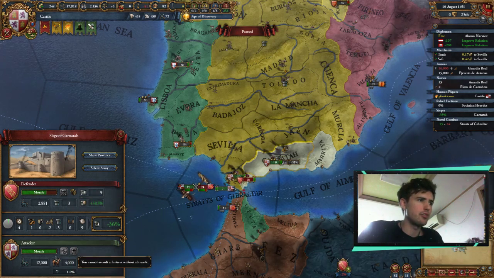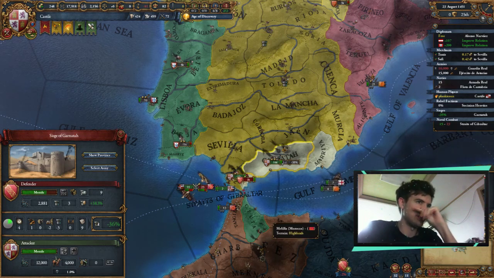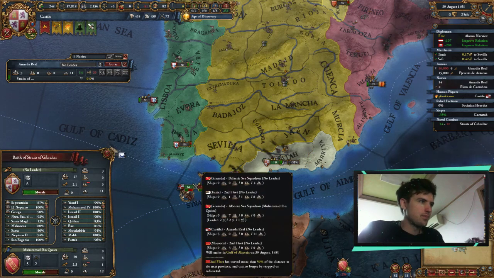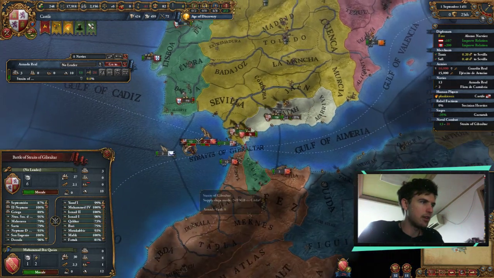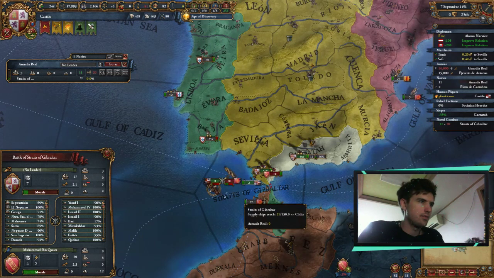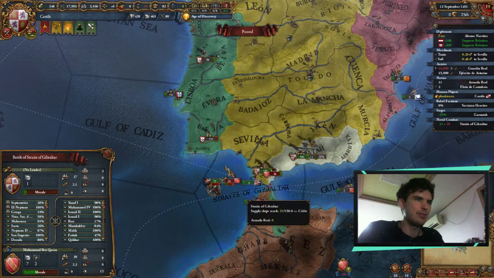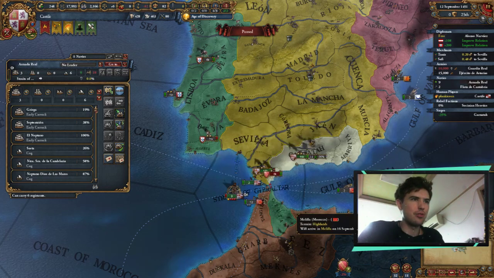There are also some buttons over here, like if you want to assault, if you get a wall breach, then you can do that. Oh gosh. Okay, our heavy ships are still doing well. I'm just looking at this naval battle right now. I'm kind of afraid of losing a ton of ships. But I might be able to win this battle? I don't think I can. I destroyed some of their ships, but